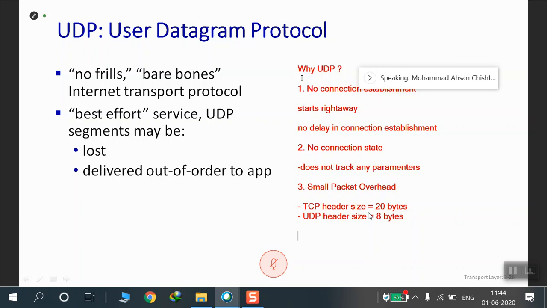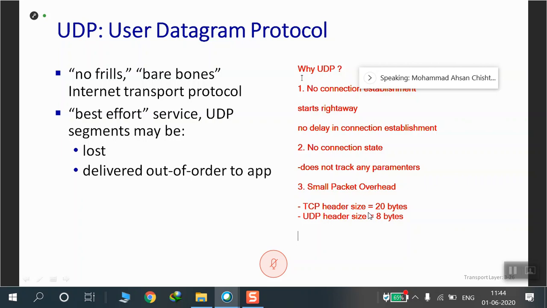This also means that UDP does not have much work to do on the data that has been given by the application. It creates the segment and passes it on to the network layer, which also means that when UDP immediately passes the segment to the network layer, it has a lesser delay. While TCP has to add stuff like congestion control and so on,